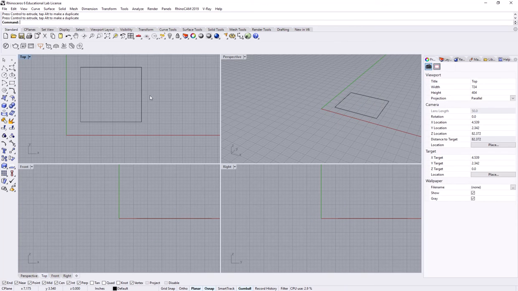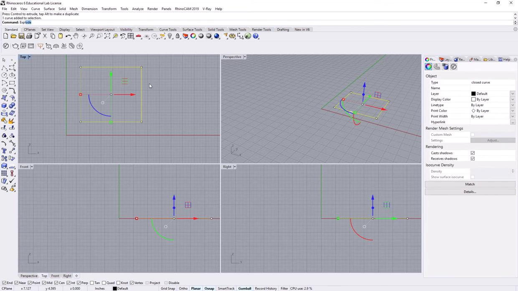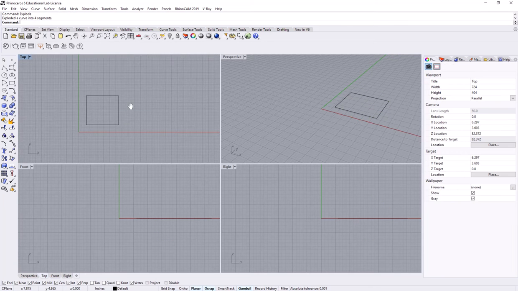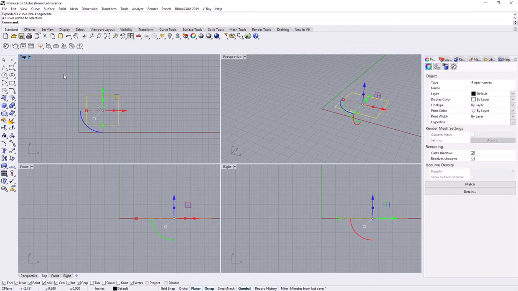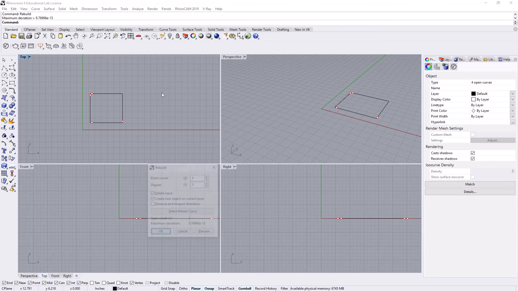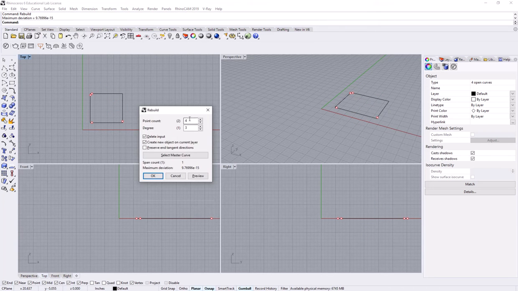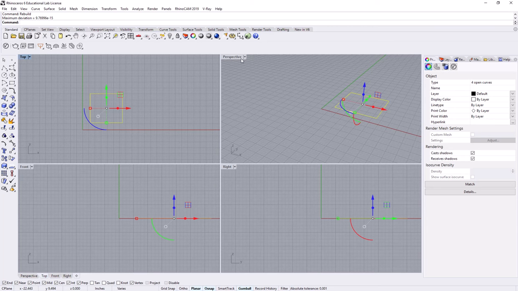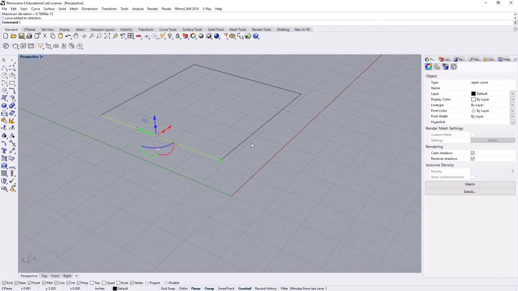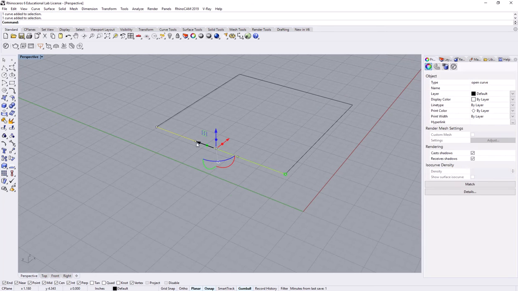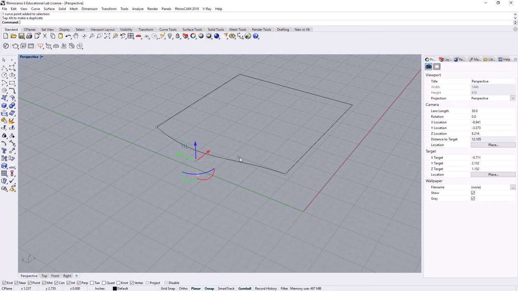What I want to do here is just explode all of these curves. And then I'm going to rebuild all of these. So we'll do a rebuild. We'll rebuild them with 4 points. Make sure delete input is selected. So click OK. And then we're going to go into our perspective view, and we're going to just move these